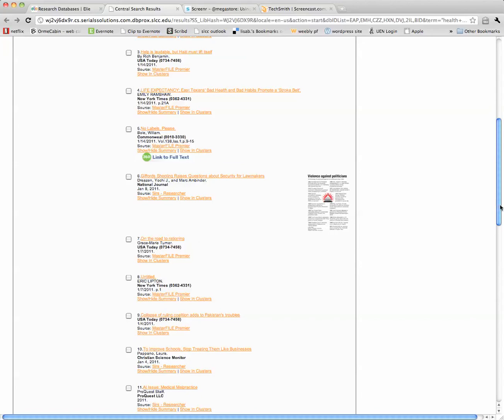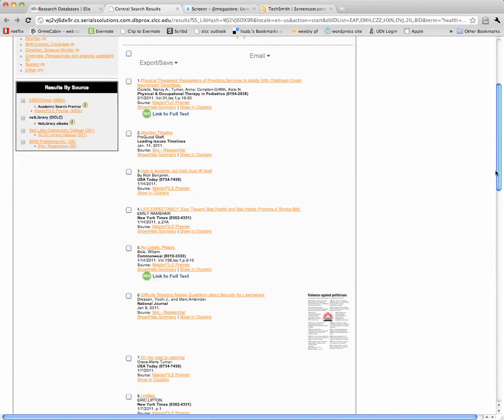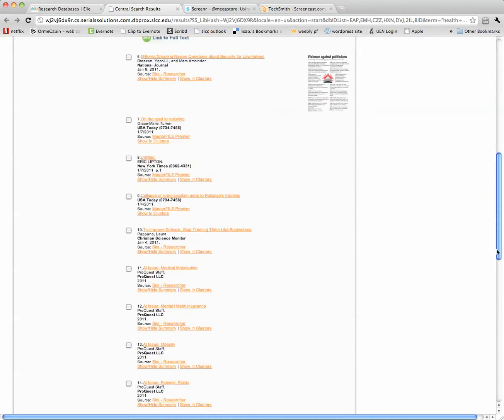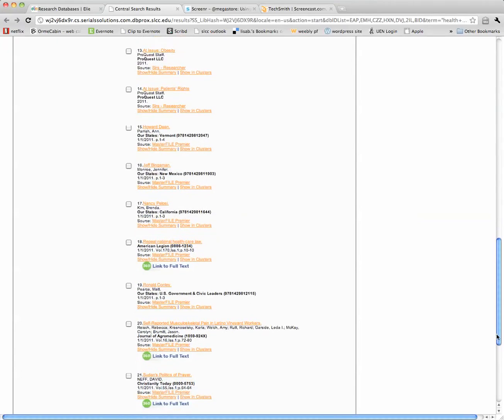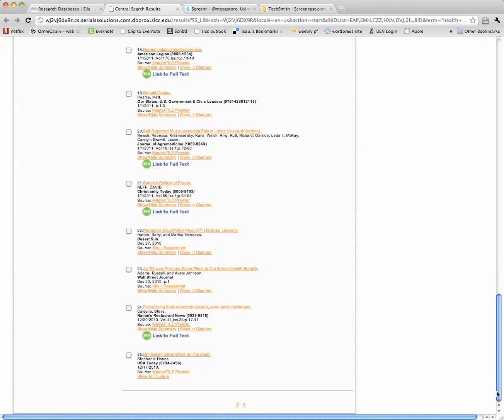So, I mean, this is a different tool. It'll give you different results. As you can see, some of them are very, very fresh. I wanted to point to one other feature here, that you can always see this particular link will tell you that you can get a full text article, and that is a value if you're looking for access to the whole article rather than just summaries. You can see there's a number of them.